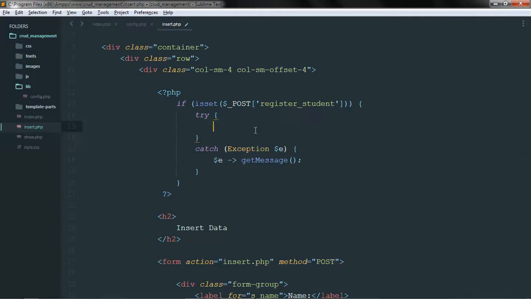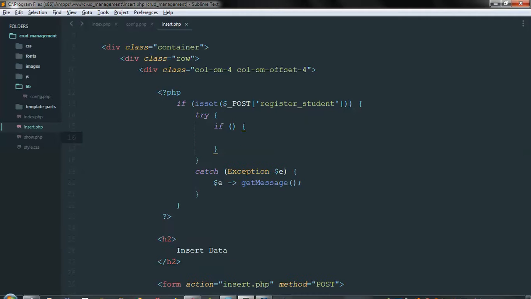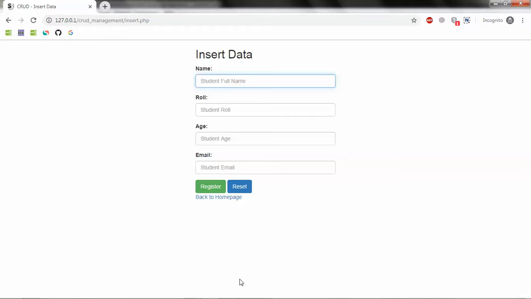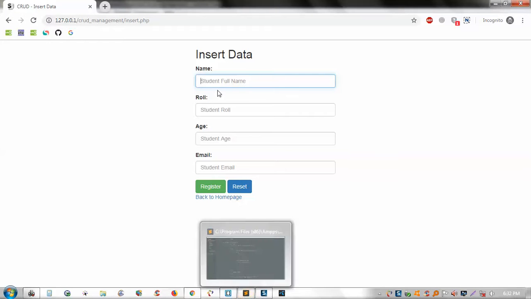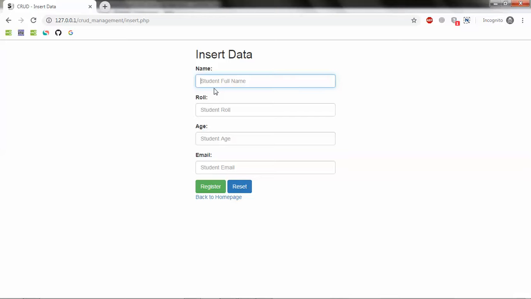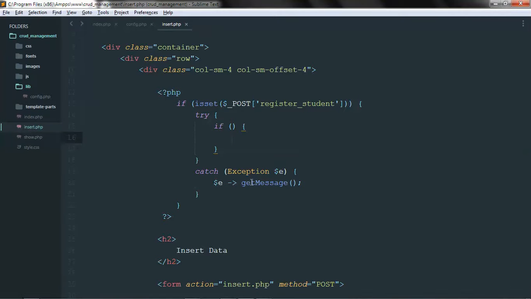Let's start with what we can do. First of all, I need to make sure that all of my fields are filled, not empty. If any registering user leaves one empty, I will show an error message. So if it's set, sorry, not is set, if it is empty,